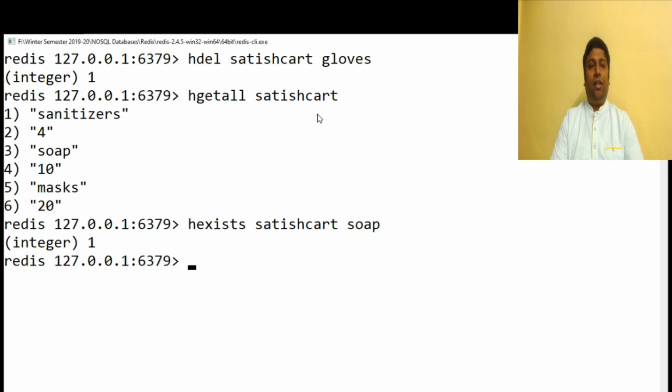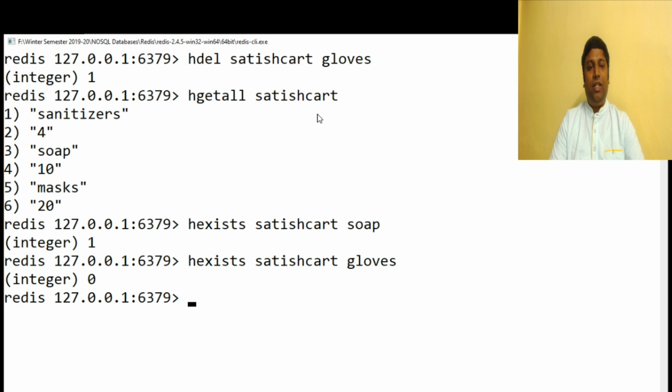So HEXISTS actually returns a boolean value. It's either 1 or 0. Here 1 means true. It means soap exists inside our structure. And let's check for the item that we have deleted just now. HEXISTS Satish cart and then let's check for gloves. It returns a 0. It means that gloves is not part of our hash structure.